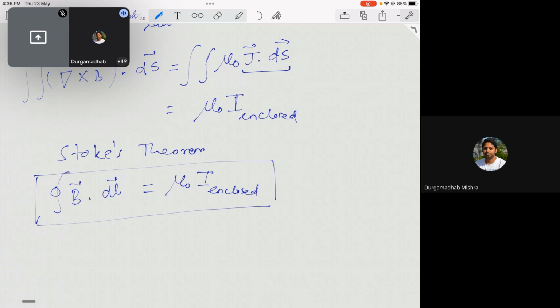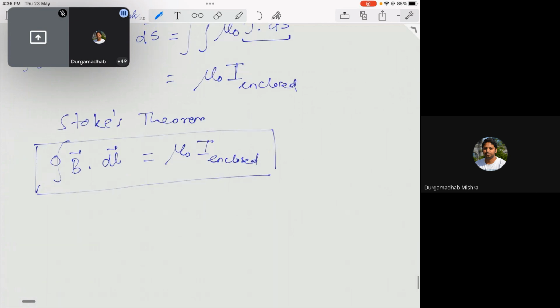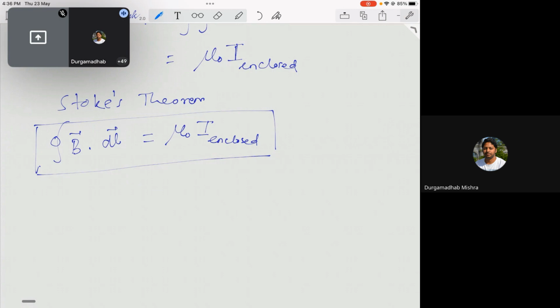Can we do something similar here? Here it is not easy because what we already saw is that we don't have the exact equivalent of Gauss's law, and the magnetic field is not conservative, like what we saw in case of the electrostatic field. But what we can do is we can write something as,